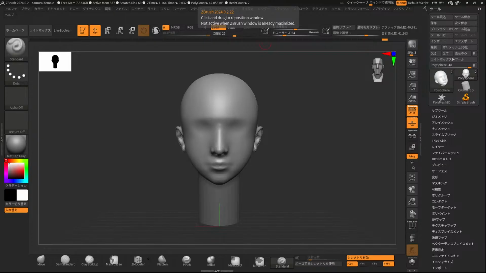There we go. And then another thing we can do in addition to polygroups is you can actually just emphasize the form, because ZRemesh is also looking for form changes, and the more dramatic the change, the more likely it's going to try to put some topology there to preserve the line, right? So you could just slice right down the middle with the slice brush. You can also do something like the Dam Standard brush, and then rather than drawing in lines like that, you could hold Alt so that it pulls up, and then I'm going to pull a sharp line down the middle where this topology might go. Same with the nostrils.